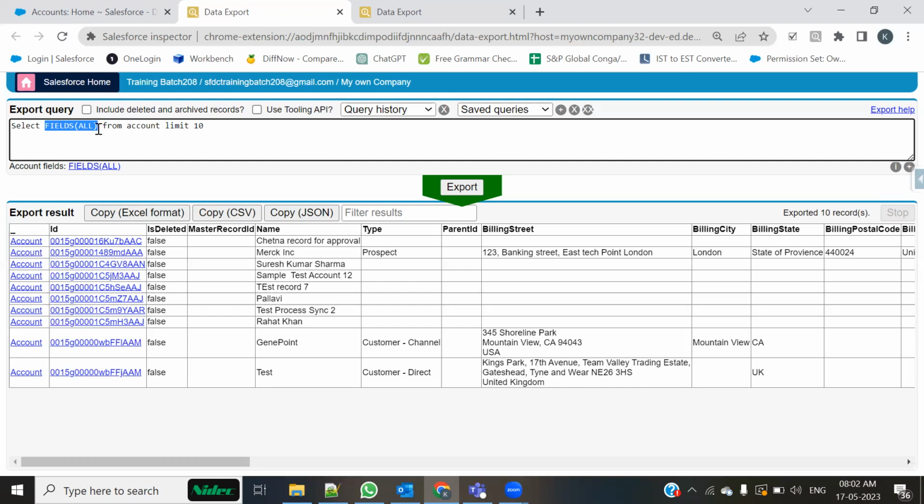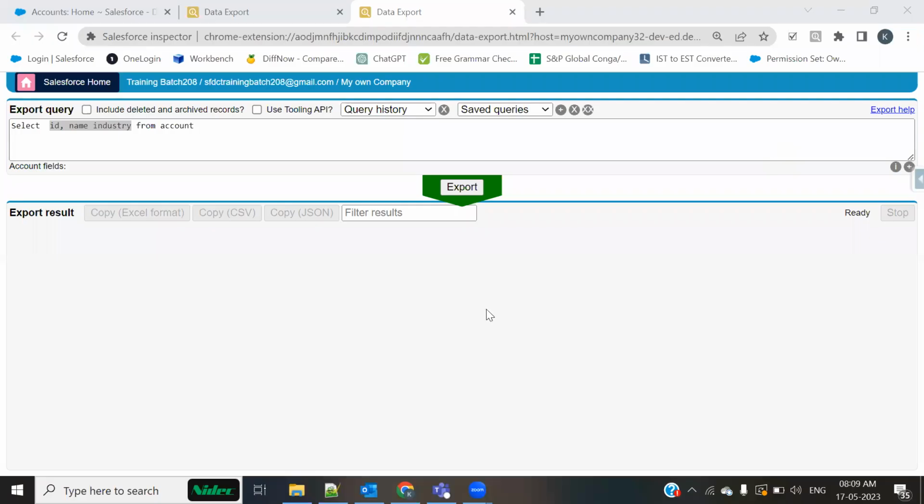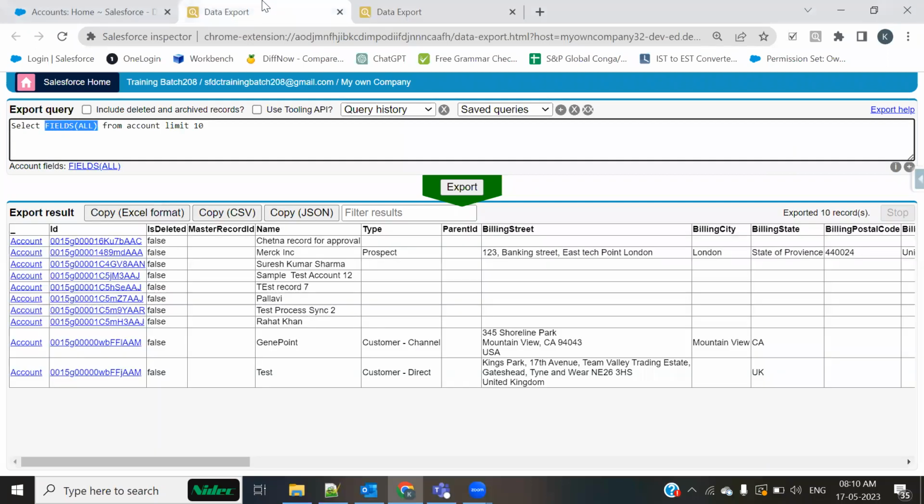If you're learning something, if I'm teaching you a concept, and if I have used that, so where exactly was the requirement where I have used this? Let me tell you this. Okay. So fields all, whenever you are using it, you must have a very strong reason to use these clauses,